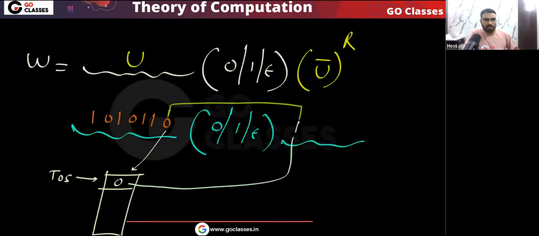So you can easily see here, I can say that if this is 0, then this should be 1. Next, notice, if this is 1, this should be 0. If this is 0, this should be 1. If this is 1, this should be 0. If this is 0, this should be 1. If this is 1, this should be 0. Understood? Please tell me. Let me know.